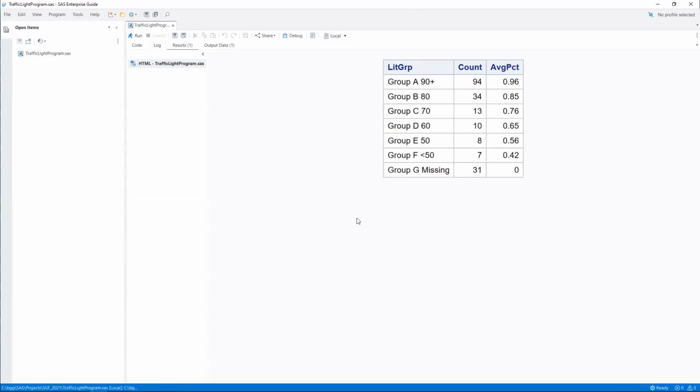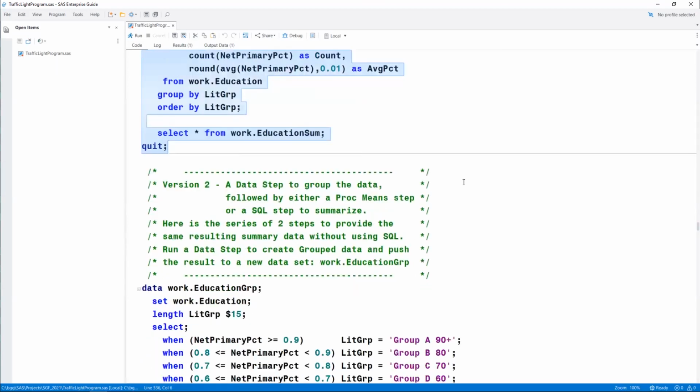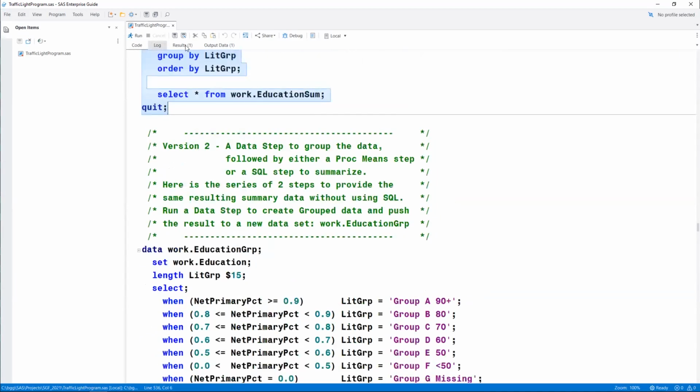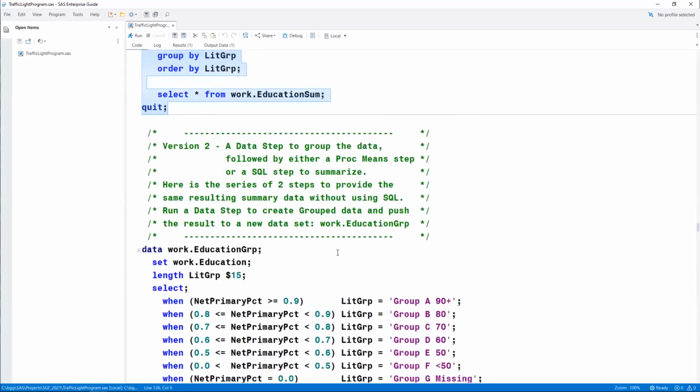Well, this is the report that I want to generate for my summary output, and I want to put it into HTML. But before I do that, because I want to be able to link from these different group values to the detail reports that these groups represent, I'm going to have to create another format to set up that relationship between the groups and the files.